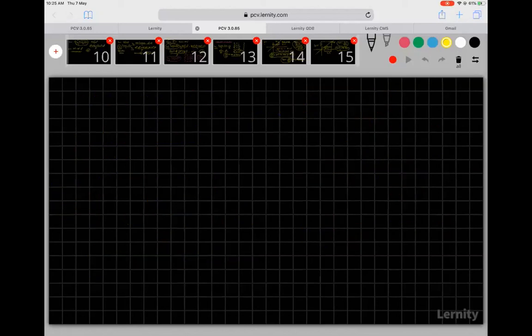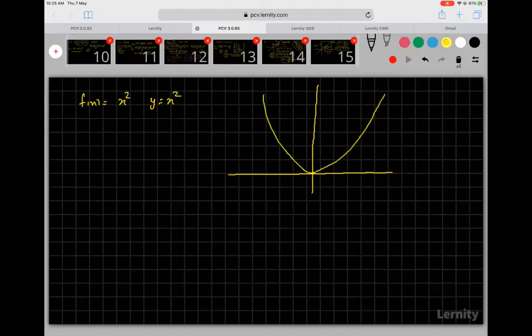Already I've explained to you. f of x is equal to x square, that is y is equal to x square. First, how will this graph look here? Y is equal to x square means it will look like this, and when it comes to minus x also it will look like this. So do you understand that the domain is x belongs to R, but the range y belongs to R plus?